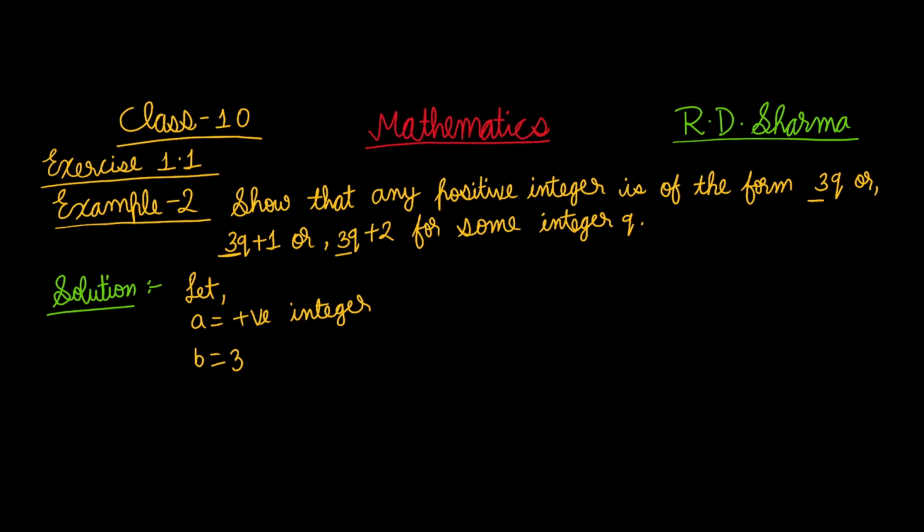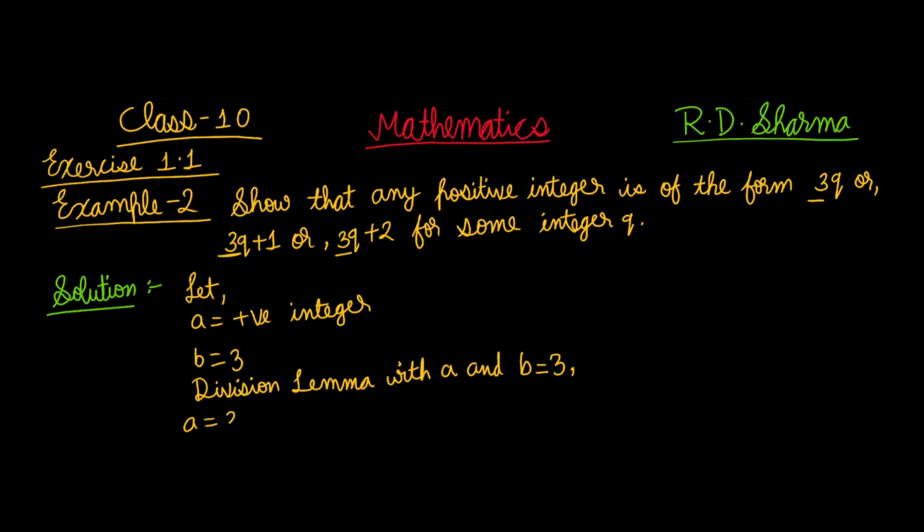So we will apply the division lemma with a and b equals 3. So we are getting